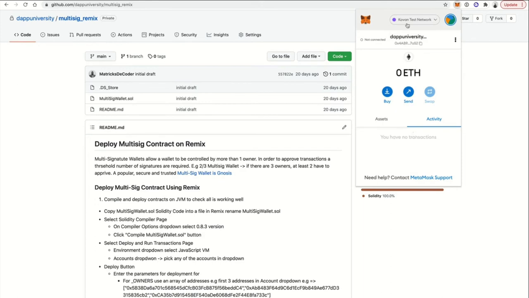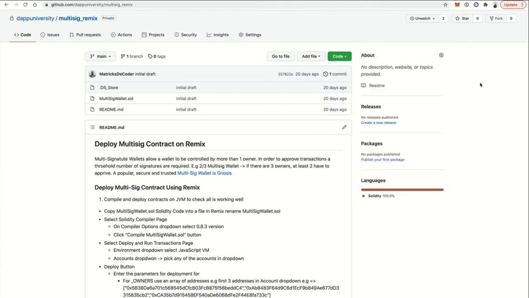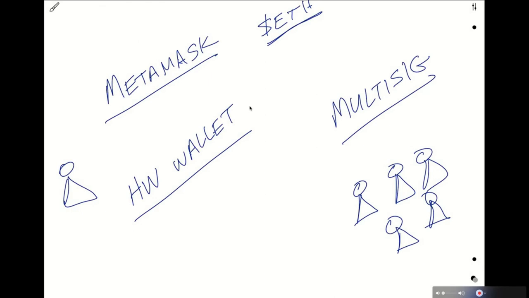If you hold a large amount of money in here and someone got access to your computer, they could just take your ETH balance and click send, and they could transfer all of your funds out of your wallet with a click of a button, because that's all it takes. It's just a single button click with one device. It's still fine for people who don't have very much money in their MetaMask account, but when you start increasing this amount of Ether,